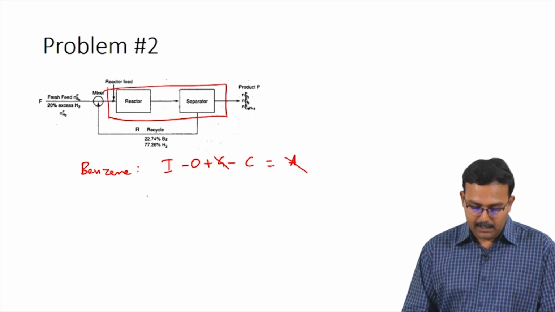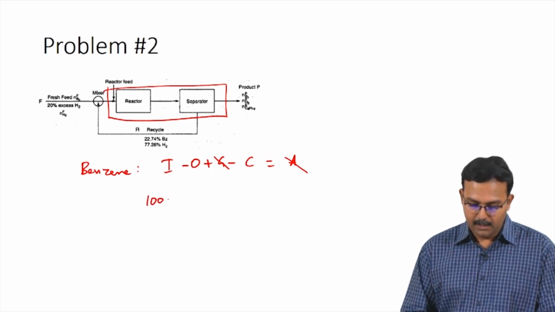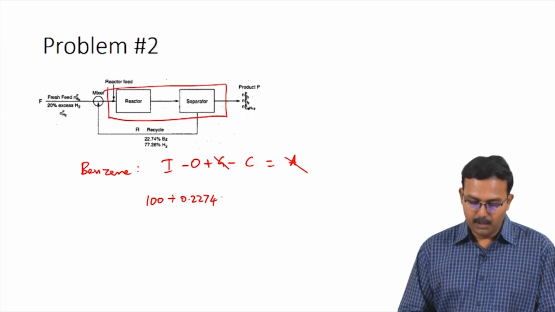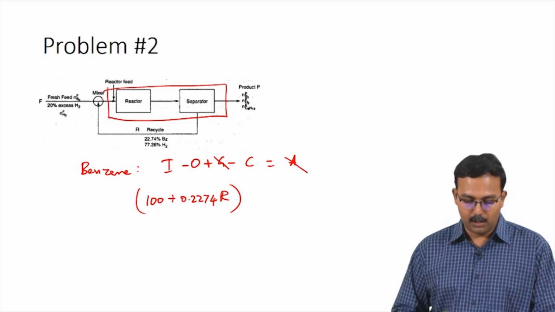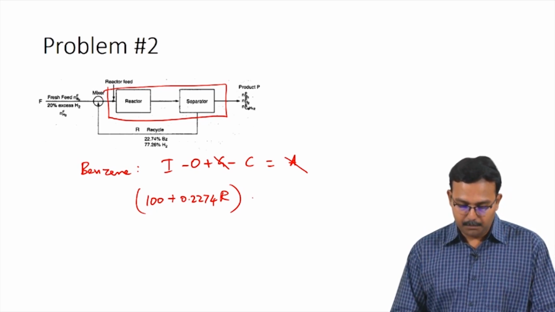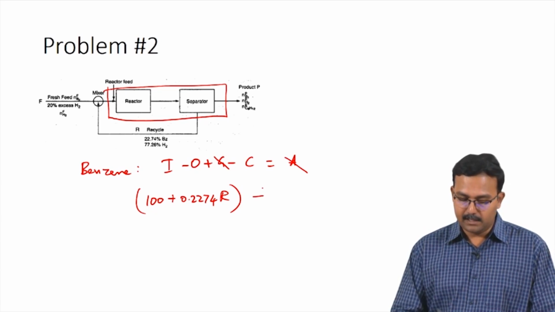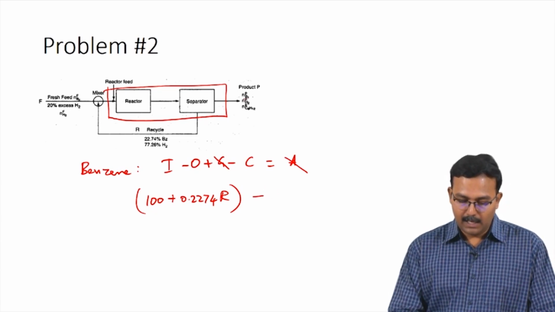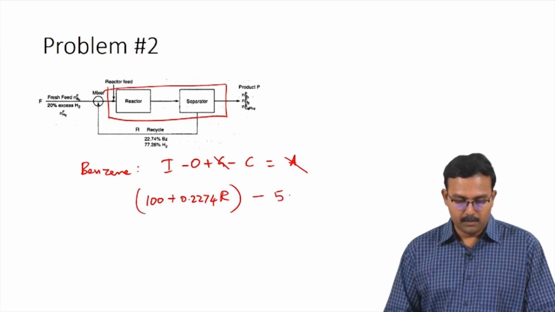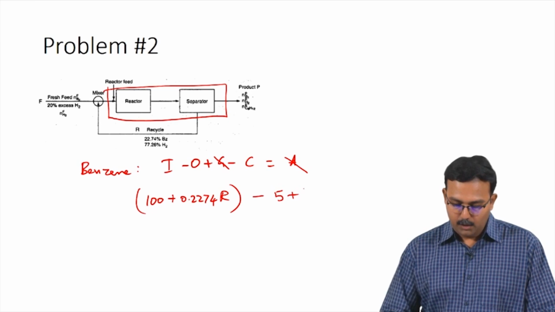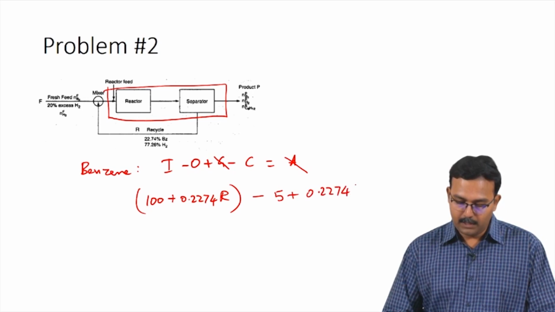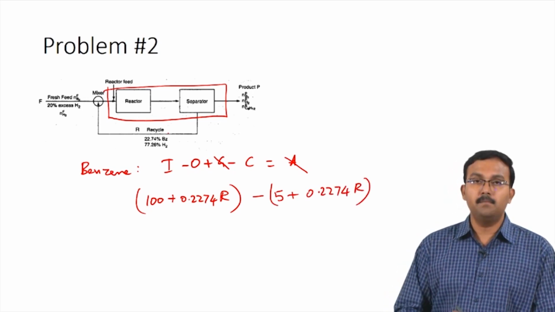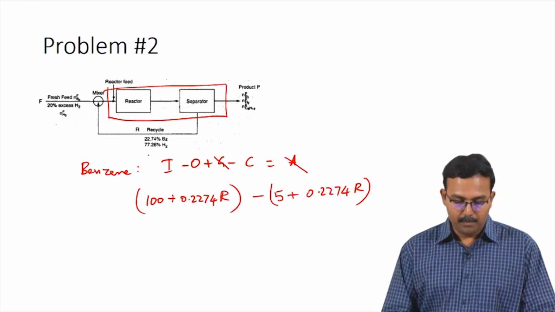So, the total feed basically is 100 moles of benzene in the fresh feed plus 0.2274 times R, which is the number of moles of benzene in the recycle stream. This together forms the amount of benzene in the gross feed, and this minus the amount of benzene leaving the system would be the benzene which is unreacted leaving through the product, which is 5 moles plus 0.2274 times R, which is the benzene leaving the system through the recycle stream,